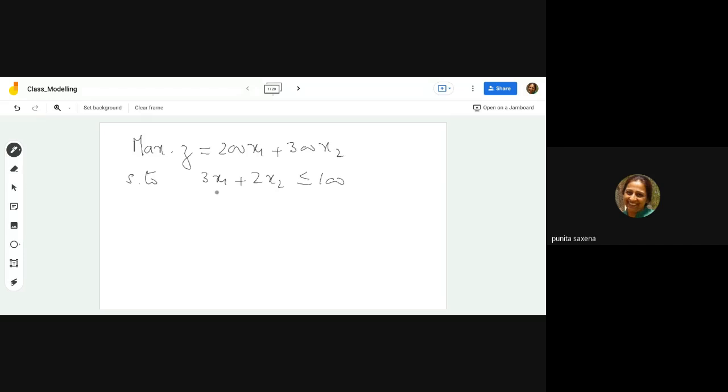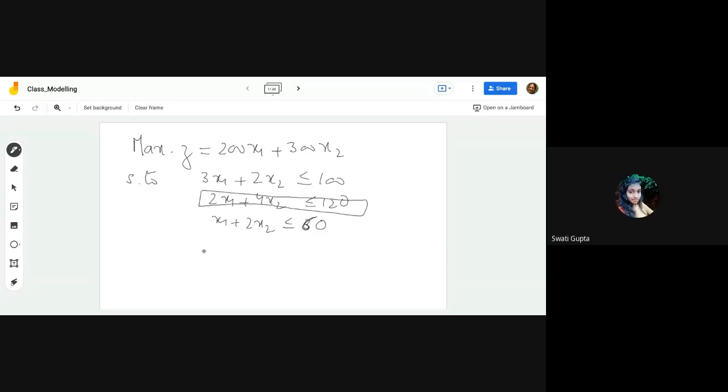Then the second one, ma'am, regarding fertilizer: 2x1 plus 4x2 is less than or equal to 120. Okay, you can also simplify this. Yes ma'am, x1 plus 2x2 is less than or equal to 60. So we can rewrite this constraint as x1 plus 2x2 less than or equal to 60. Is that right? Yes ma'am. Okay. And the third constraint,